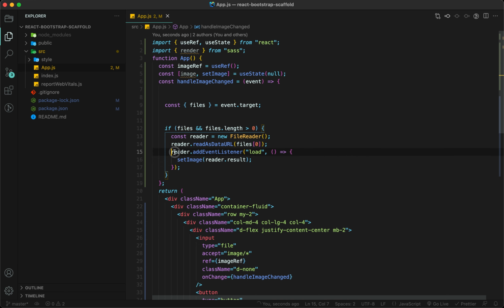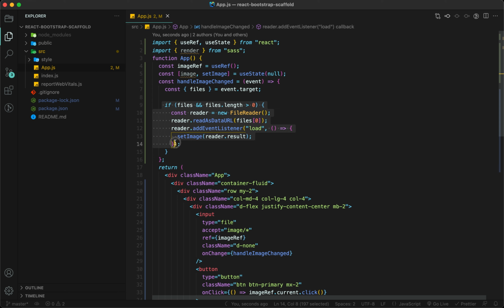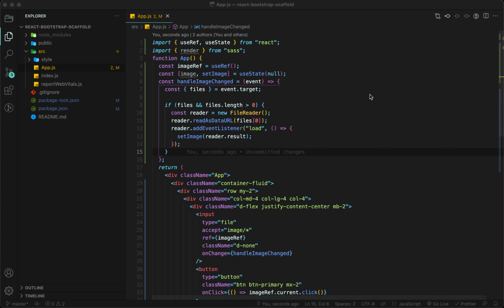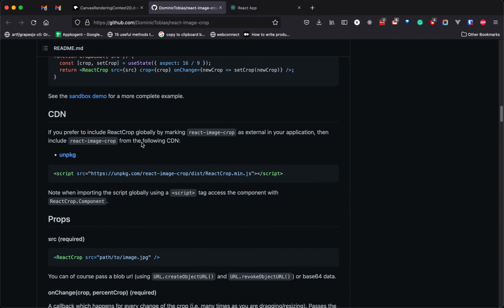When the whole reading is complete, on load, we set this into our state. It's a very simple statement. So now we have our image set.